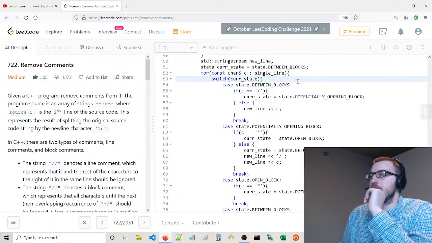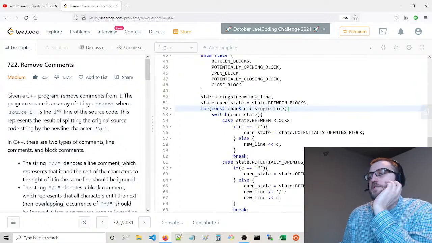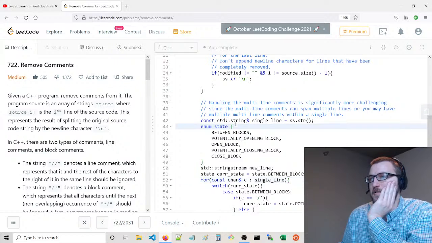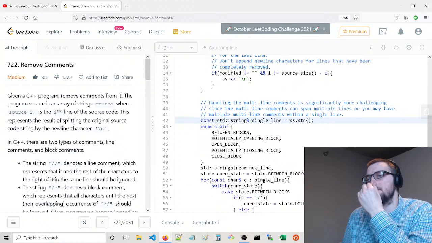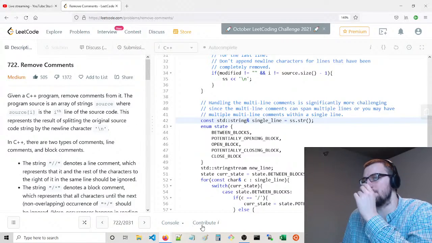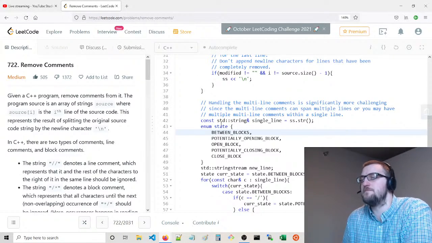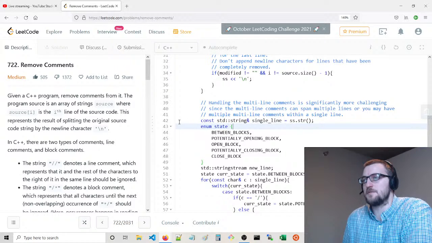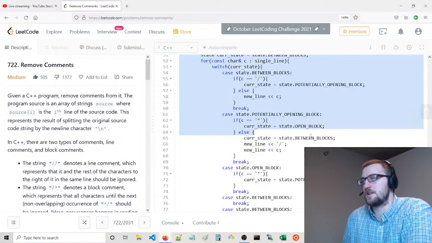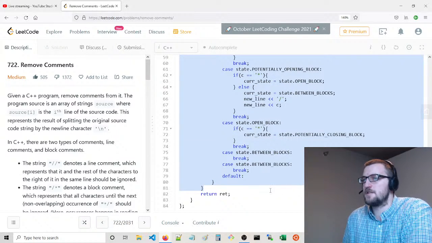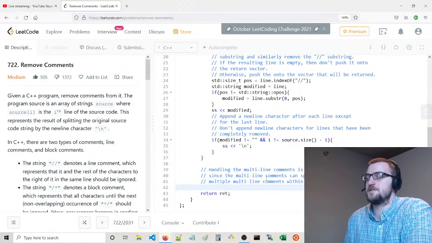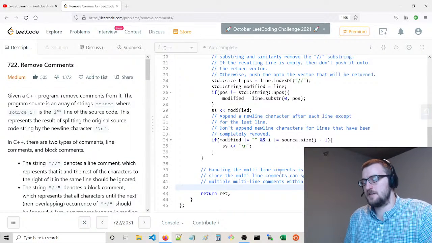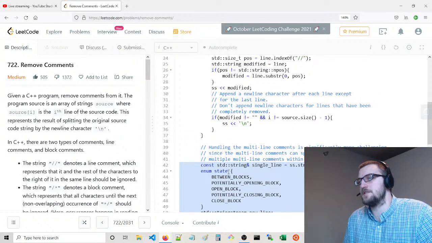Okay, so I can actually use a regular expression to do this too, which might be better. I'm thinking about it. Why don't we just do that? That's a lot easier. This is a lot of effort for something that's relatively simple. Yeah, we should just use a regular expression. That's better. I take it back. It would be interesting to write this as a state machine, but realistically, it's not really necessary.